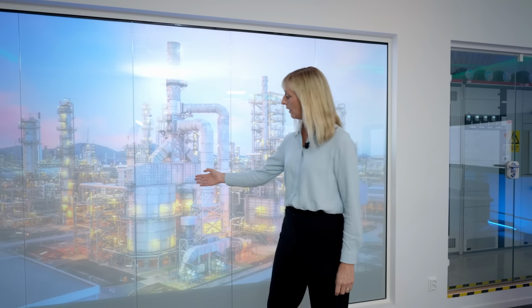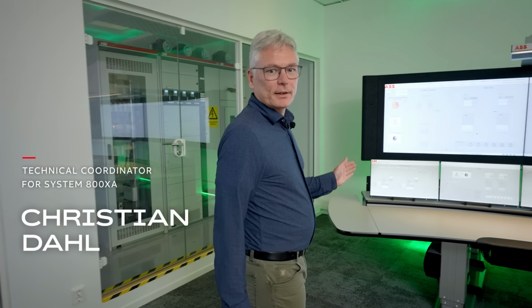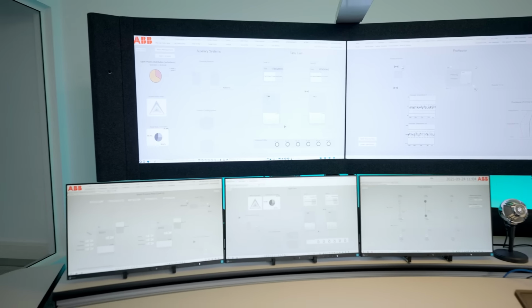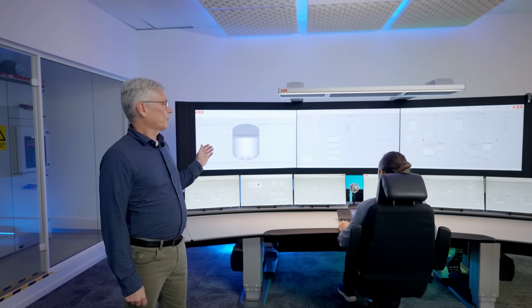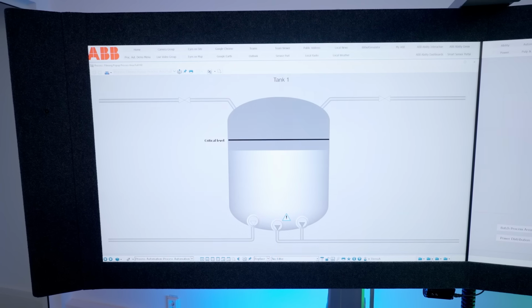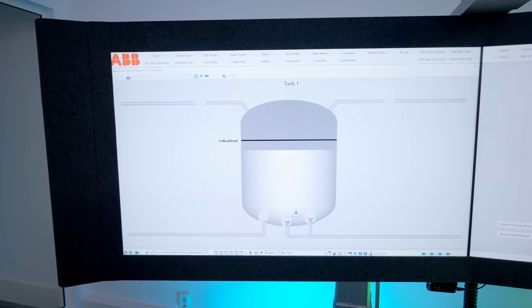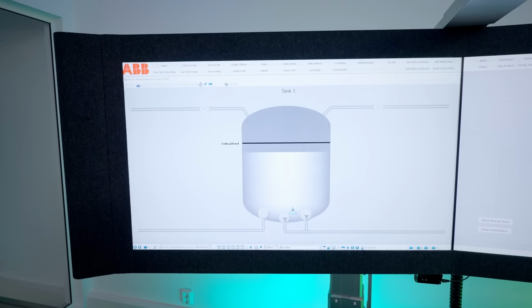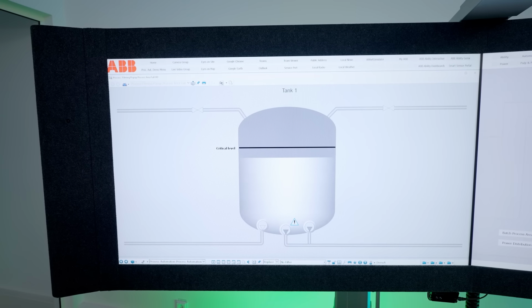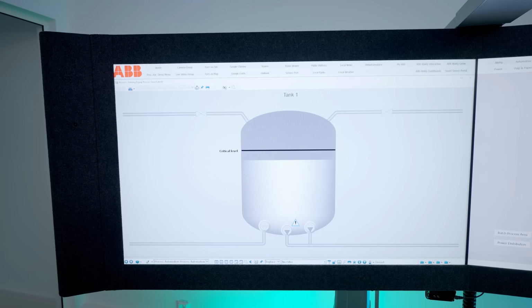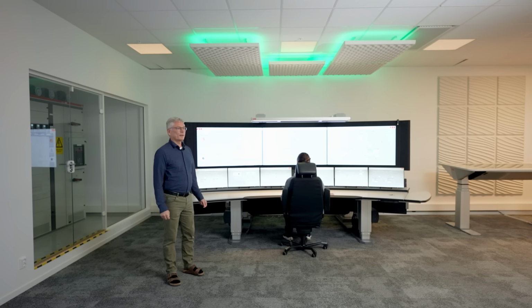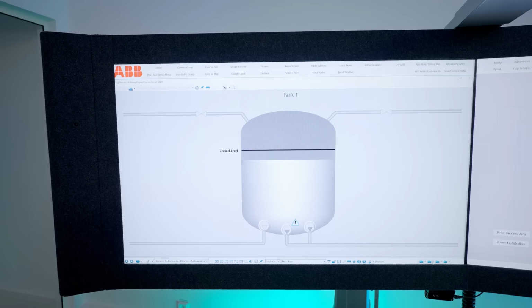So imagine it is in the middle of the night at the chemical plant and the tank here is filling up rapidly. What would happen then, Christian? So the system would already have detected that, analyzed the situation and will act automatically without having Valerie do anything. Notification. Performance degradation detected on pump 1. The redundant pump has been started automatically to maintain tank level. No operator action required. So the system has already detected the situation, analyzed what's happening and started to act accordingly.